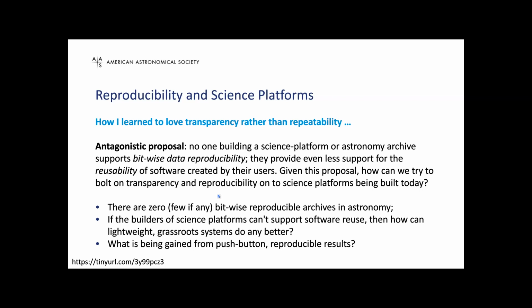This is a challenge. This concept of validation is a huge challenge. And this is my antagonistic proposal that people who are building the platforms, and I'm sure Brian and Rebecca are tweaking right now because I know about their projects to do this a little bit better than what I'm describing here, that we're not building platforms to preserve bitwise data, and we're certainly not providing platforms for reuse of software. And that produces a challenge if you want push button reproducible results. If you want some kind of validation,